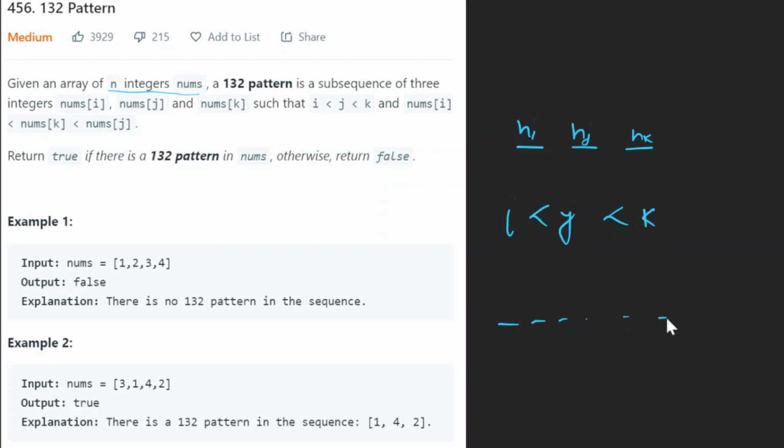So, for example, this is an array, and this is i, this will be j, this will be somewhere k, and nums of i is less than nums of k, and nums of j is greater than nums of k. So nums of j is the largest element. This is the largest element. And so what this question is about